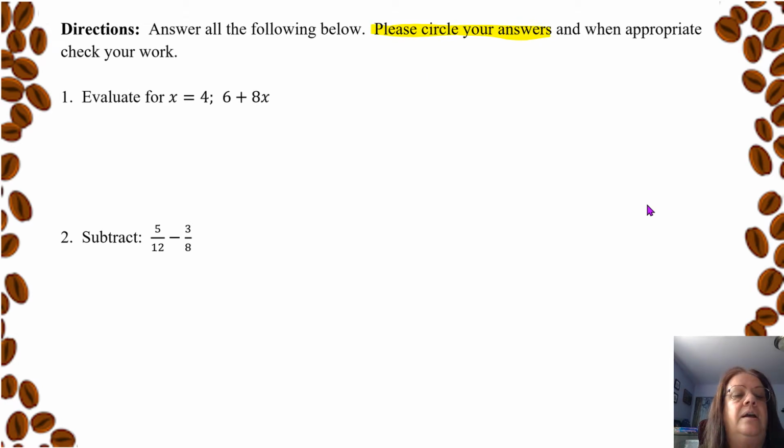And check your work. All right, this is important. If you check your work, you're going to get a much better grade because you'll catch your mistakes. So you want to make sure that you are checking your work. All right, now first,